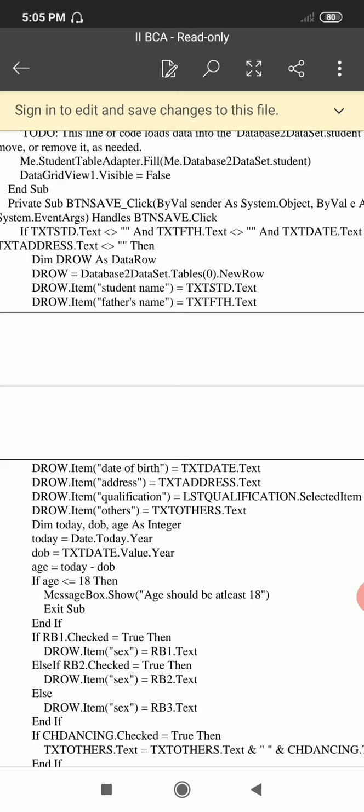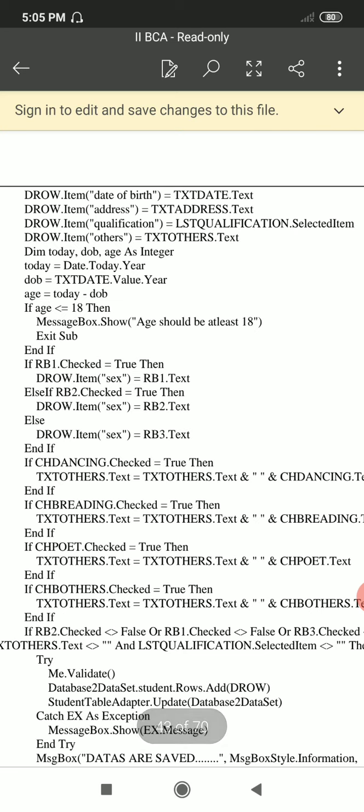So drow.Item("StudentName") equal to txtStd.Text. So student name, father's name, date of birth and all these are the field names of your table. Okay. So you are assigning the value of txtStd, whatever you have entered in the text box, to student name, and the father's name, and after entering you are assigning the values to the others. drow.Item is to assign the value of the text box to the field name of your table.